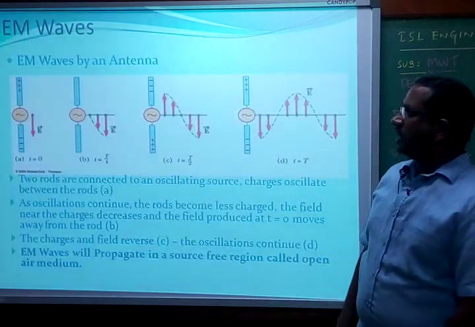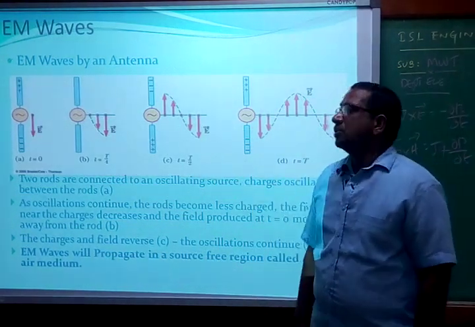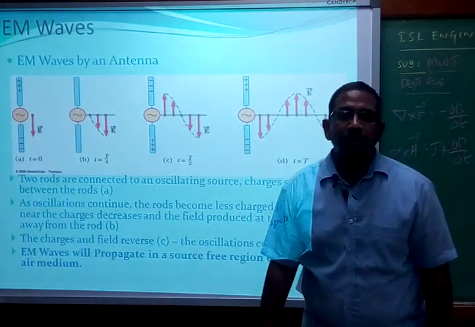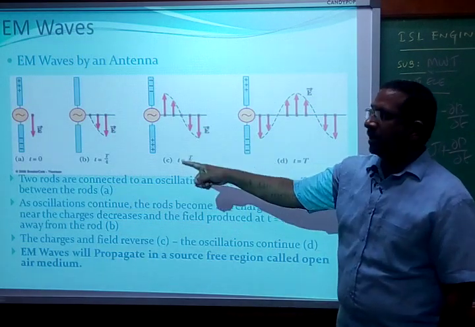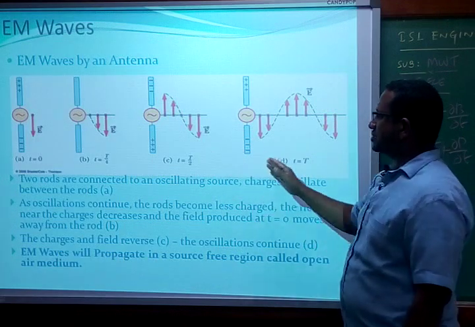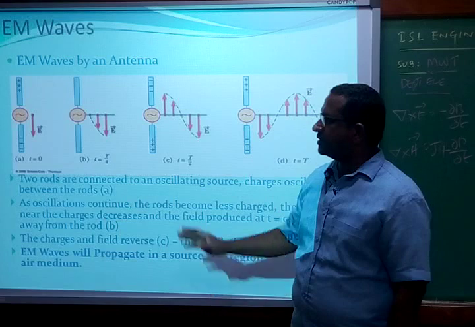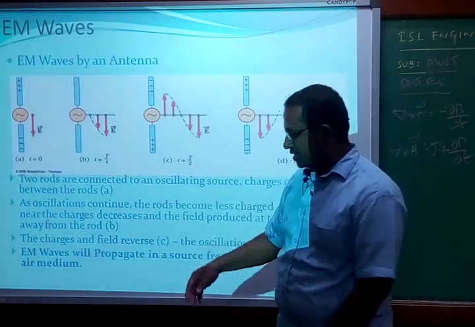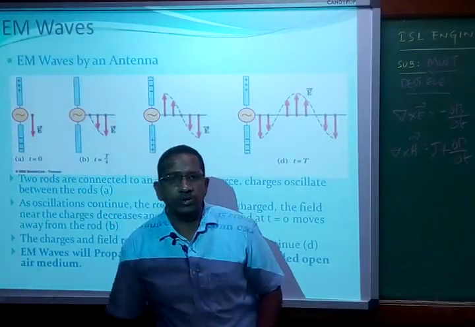And this is how a transmitting antenna radiates an EM wave. We discussed this topic in antennas and wave propagation, where we understood how a dipole antenna radiates an electromagnetic wave at various instants of the time period. That means at t equal to the time period, what happens when a wave is transmitted? The dipole has two poles: one with negative polarity, the other with positive polarity.